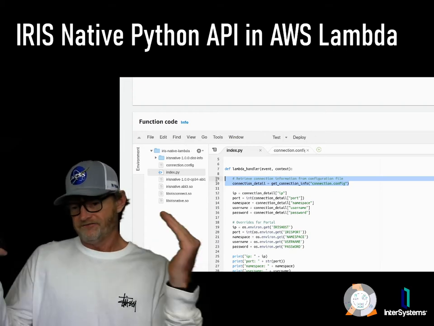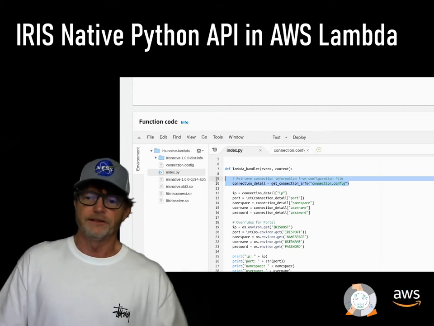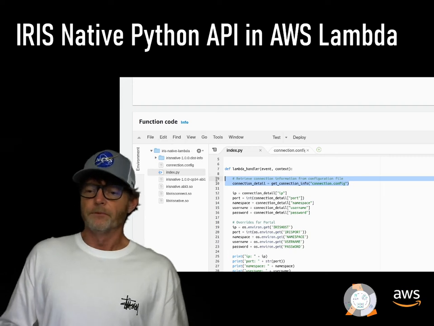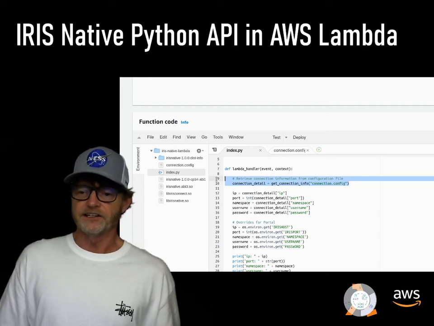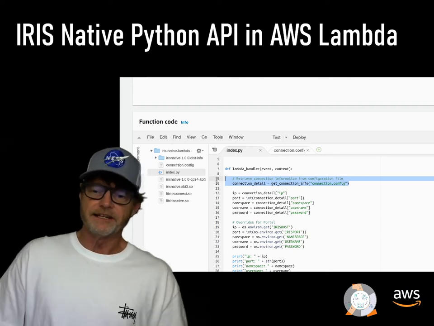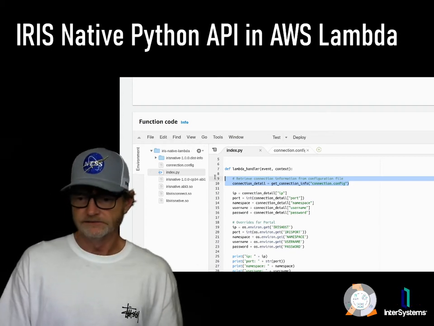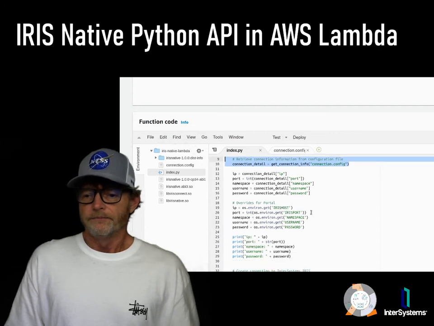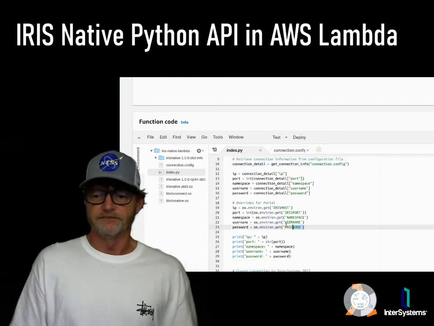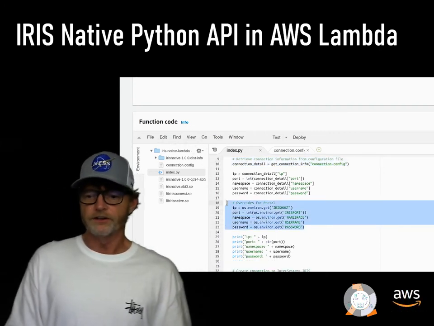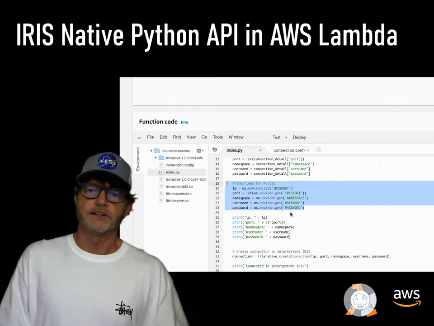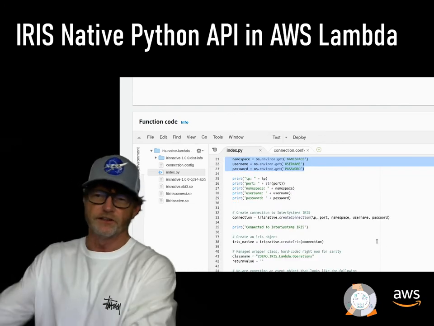But the next 15-20 lines here are doing the same thing. What I'm doing right now is getting the connection detail, which is the IP, port, namespace, and a pair of secrets. Once I get those, we can enumerate those from the config file that you see in the next 5 block, or you can grab them from the environment that is also stamped in the function as well, so you can reach it from somewhere else